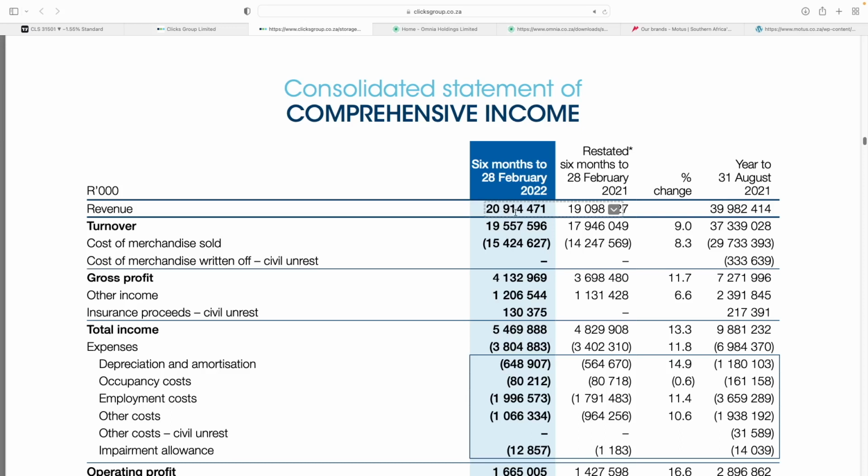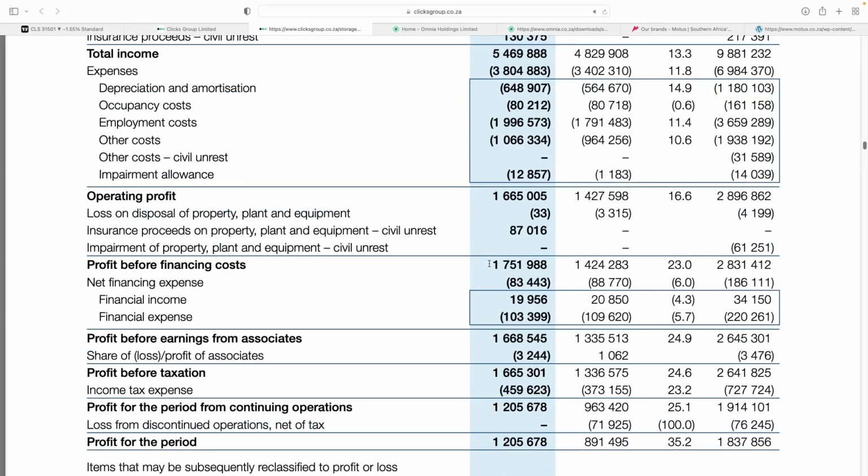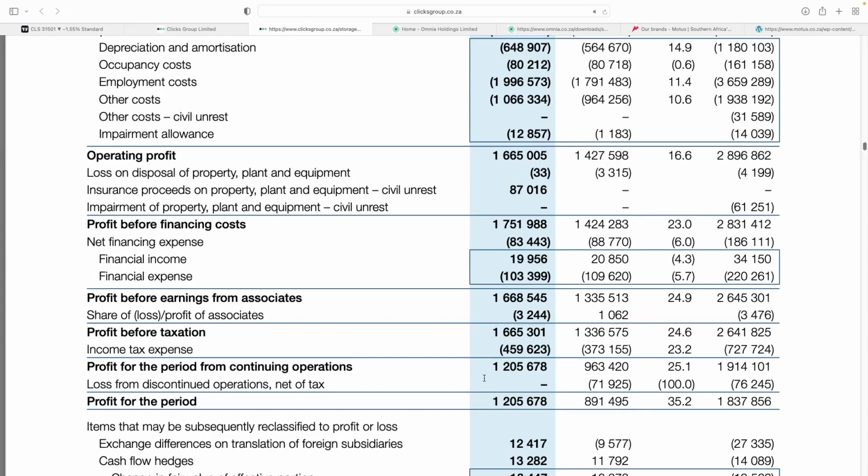What we're seeing here is that the revenue hasn't increased by much, the increase is just marginal. Then when you look at the turnover, previously it was 17.946 billion, and now recently it's 19.55 billion. Okay, so now based on this revenue, we can see the gross profit, which is about 4.13 billion. That is before tax. Then we look at the operating profit, it's about 1.75 billion. Then we look at the profit after tax, which is